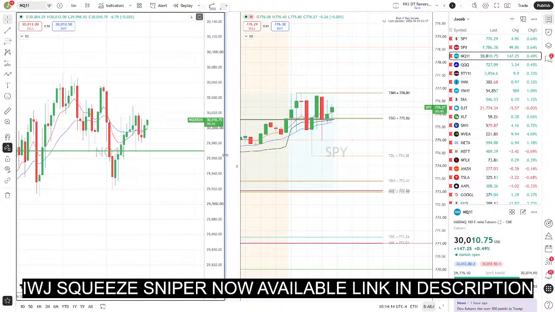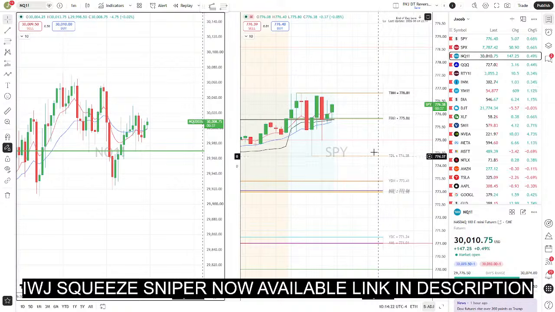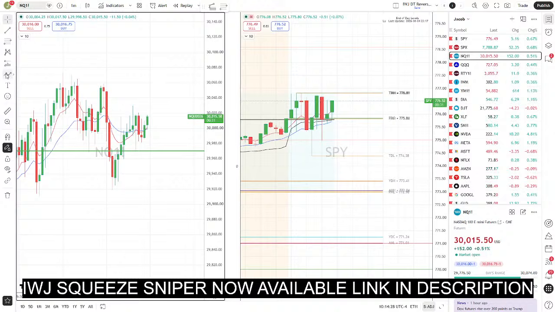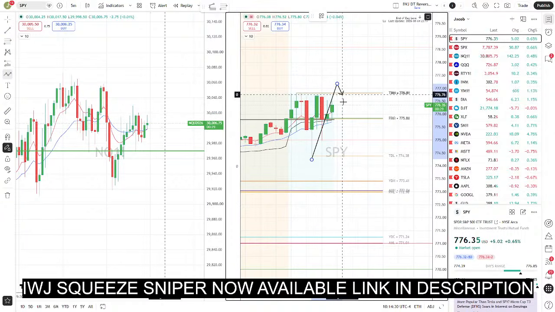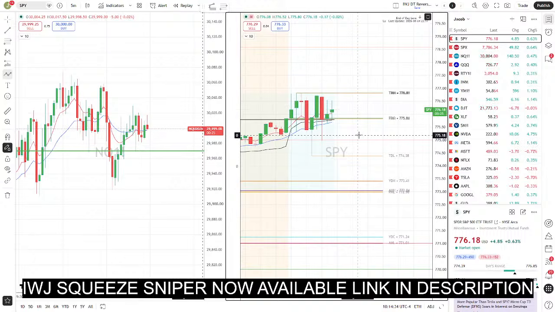What is the stop again? The stop is 777, just above these highs. And a liquidity grab, yeah. They may spike up and then come back down. We could get stopped on a fake out here, a trap, if you will, where they do this. I would hope not, but